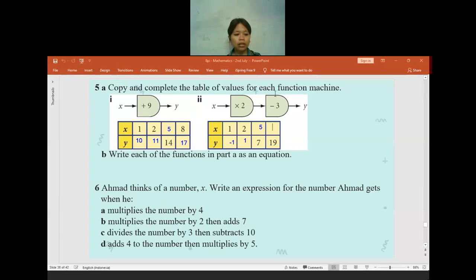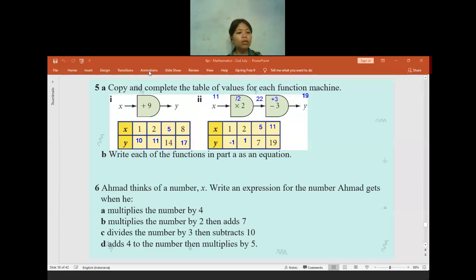Okay, I think some students are confused here. So we already have 19. When we are going to find the input, we need to work from the back and do the opposite. This is 19 and this is minus 3. The opposite of minus 3 is plus 3. So we take the 19 and add 3. 19 plus 3, the answer will be 22. And then this is times 2. The opposite of times 2 is divided by 2. 22 divided by 2 is 11. That's why the input here when the output is 19 is 11.